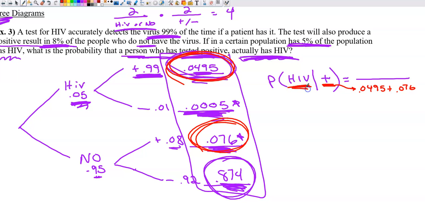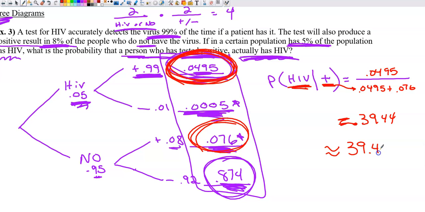And of those, which ones had the HIV? These ones. So 0.0495 divided by, make sure you put the bottom in parentheses when you do this, 0.0495 plus 0.076 equals, and I end up with 0.39, sorry, that's an equal sign, 0.3944, or about 39.4%. Okay, let's think about this for a second, because it's a little bit of a shocking, mind-blowing